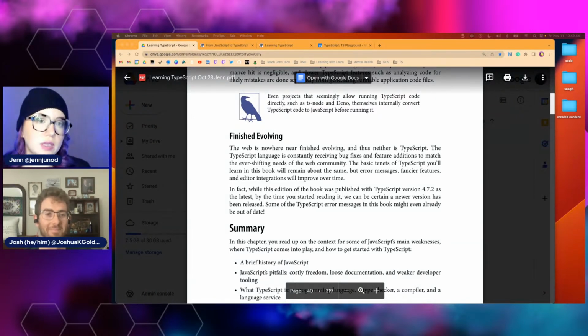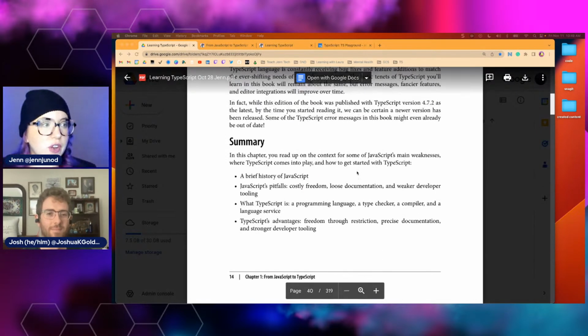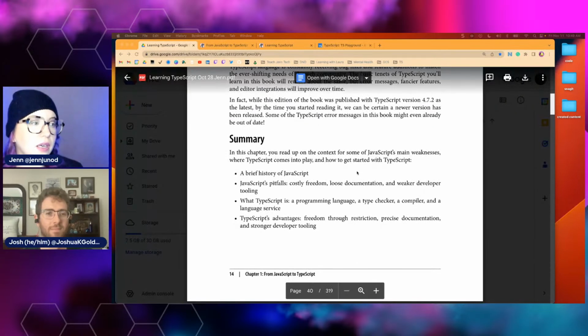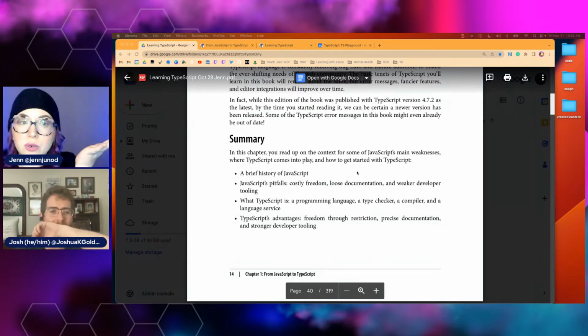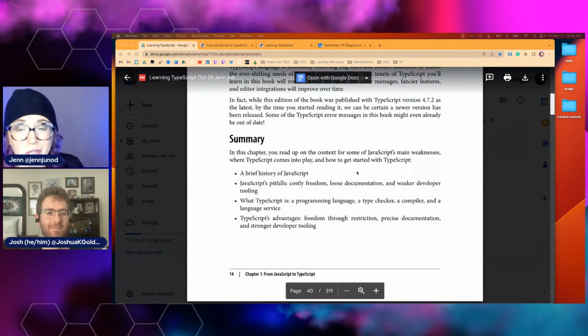That's a confusing life. Anyway, so we are at the summary of chapter 1. We got a brief history of how we went from vanilla JavaScript to getting some TypeScript in the world, pros and cons of both, and also how TypeScript tells you if you're trying to call an apple a clementine, and will still let you cook with clementines, but it will at least warn you that a clementine is not an apple.